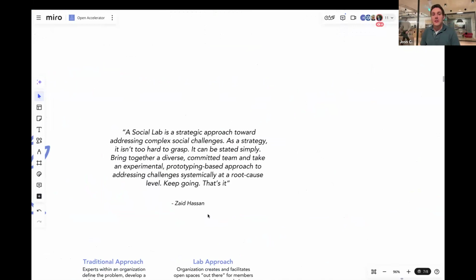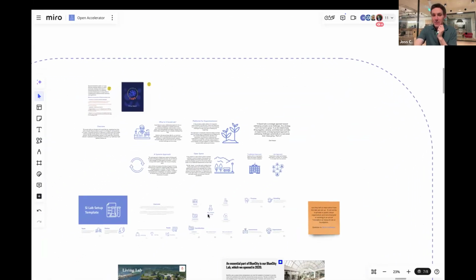Strategic approach towards addressing complex societal challenges. As a strategy, it's not too hard to grasp. It can be stated simply: bring together a diverse, committed team, take an experimental, prototyping-based approach to addressing systemic challenges at root cause, and keep doing it. I think the keep doing it is an important part of it also. It doesn't happen overnight, and the iterative and experimental part is an important